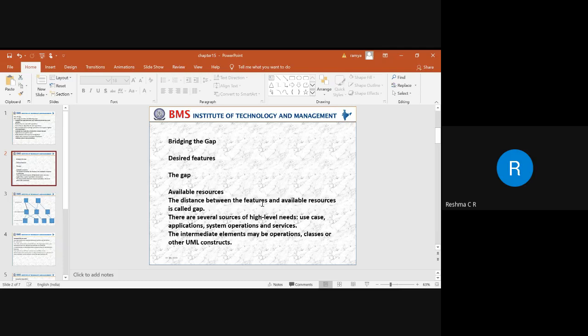So when you say a use case, we identify who the external users are, how they are communicating with respect to the system, and what the application commands are. Application commands can be GUI based, or if it is Unix based, it can be command based. And the system operation: once the user sends a request, how the system is going to perform all its operations, and what services the user is asking for.